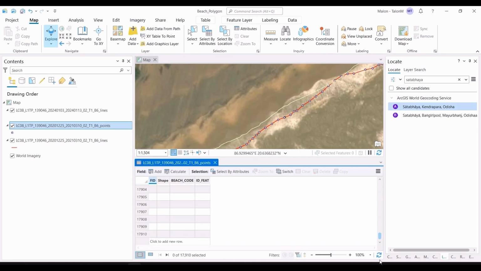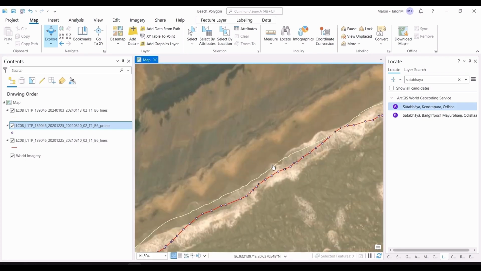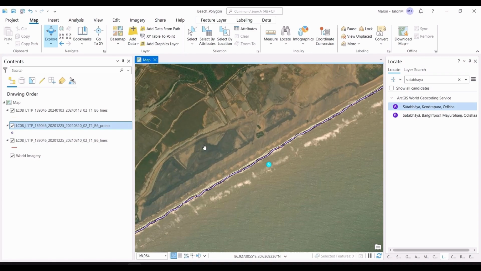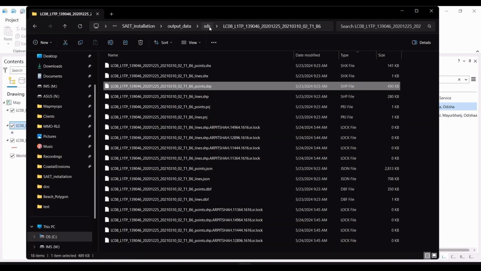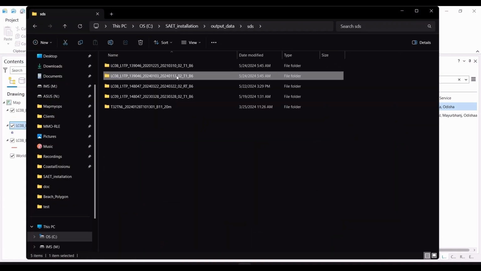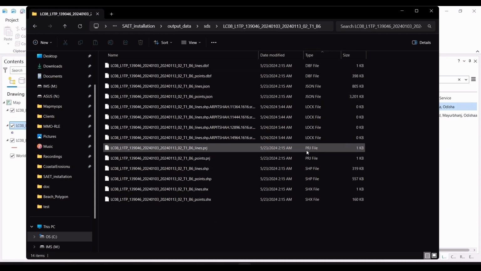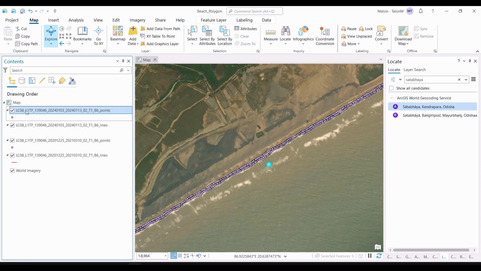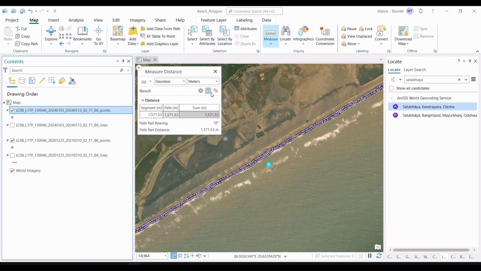There are thousands of points right now in that particular shapefile, and we'll now clip it. And in order to clip it, what we will need to do is to create a polygon for clipping it. Prior to that, let me add the point file from 2024 as well. So now the point shapefiles of the shoreline from both the timelines have been added onto ArcGIS Pro. Once again, we'll just clip around 1500 to 2000 meters of the shoreline,